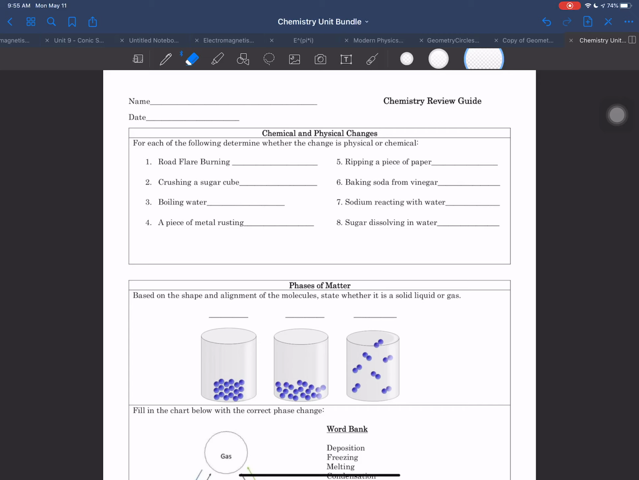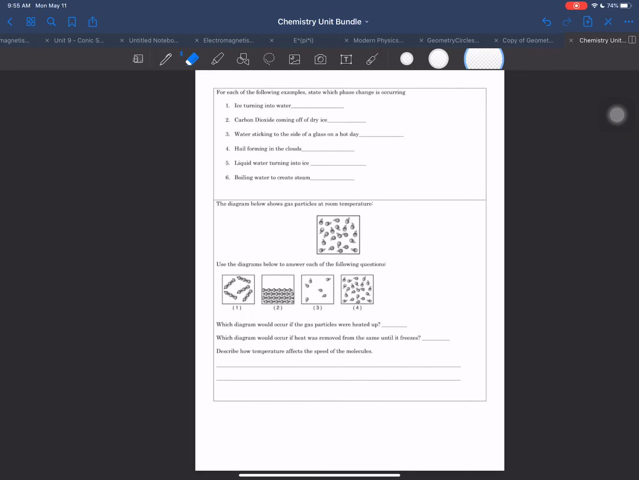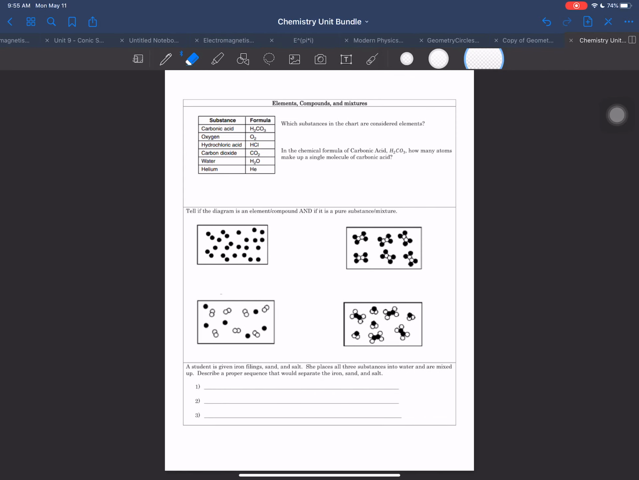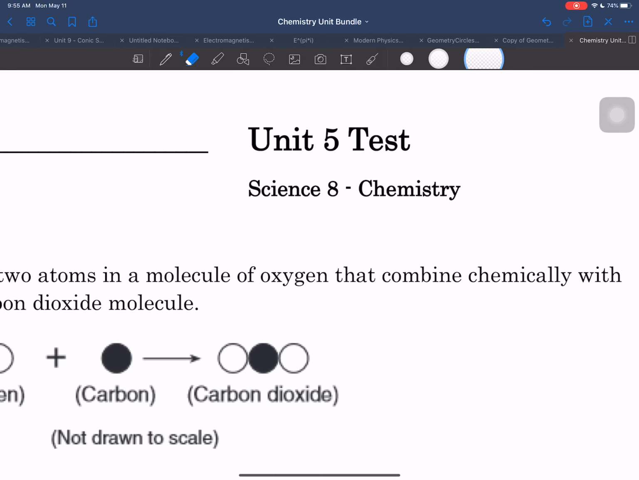Good morning, everyone. Today we're going to fill in some notes that are at the end of our chemistry packet. I'm going to be going through this chemistry review guide. It's a little bit longer, but we're going to go through all these notes, and then at the very end, I do have an assignment for us, which would be the test that we would have taken for the